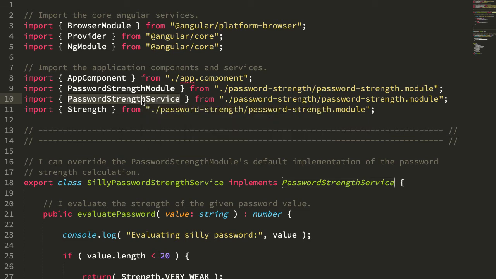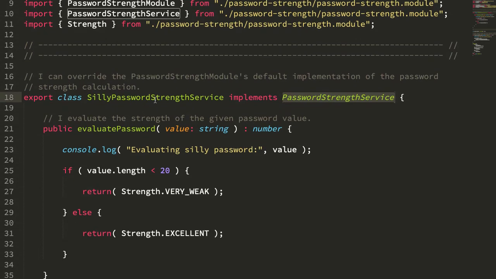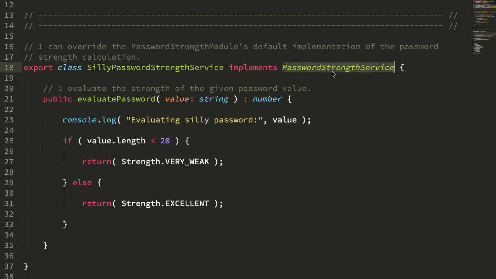Now remember, this is the abstract class. So not only is the abstract class acting as our interface, which we're going to use when defining our own override, it's also going to act as the dependency injection token, which we'll see in a little bit. So in the silly password strength service, which is our override of the calculation, you can see that we're implementing that abstract class, which means that we have to provide the evaluate password method, which takes the password and returns a number. And in this case, we're also using the length of the input, but the calculation here is much